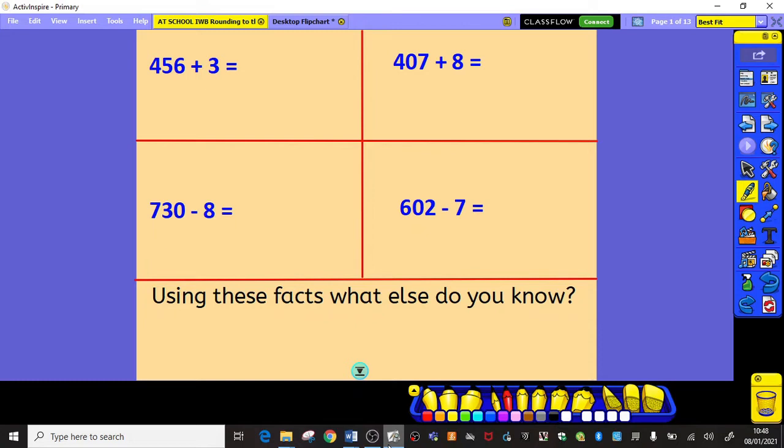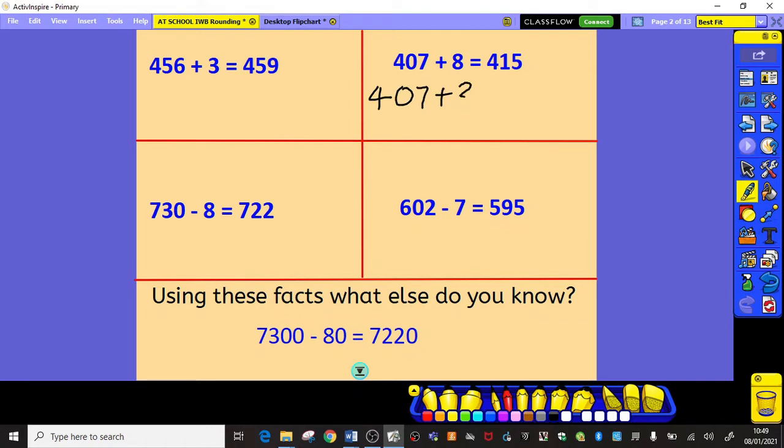Okay, so welcome back, Year 4. The answers to these questions you can now see on the board. Hopefully you've thought about using some of the strategies that we've been talking about in class, and you were self-checking your answers. If I was doing 407 add 8, for example, then in my head I might well be doing